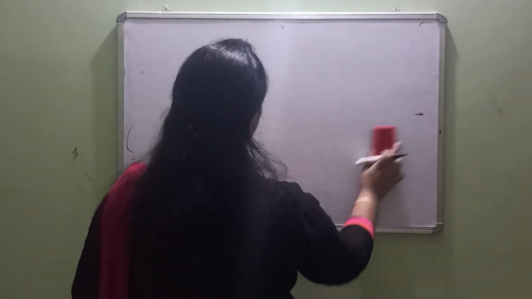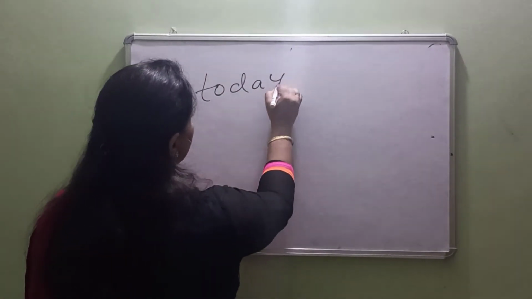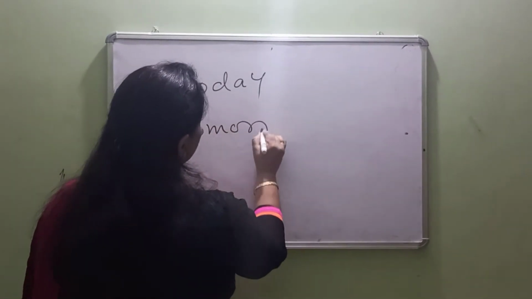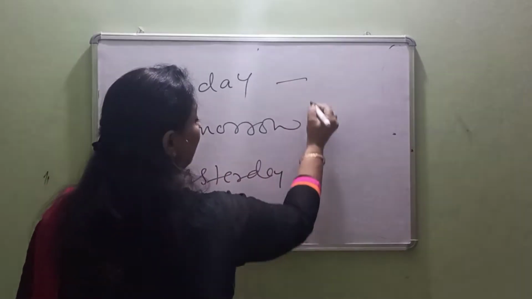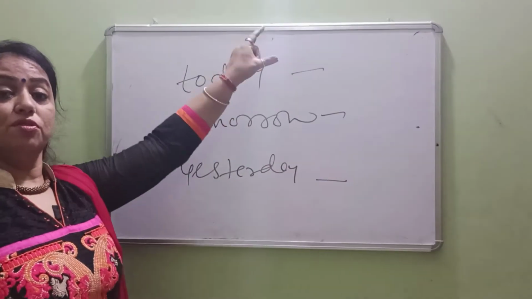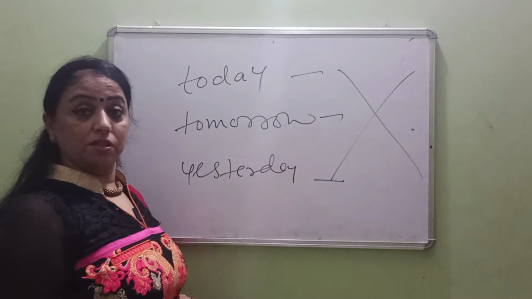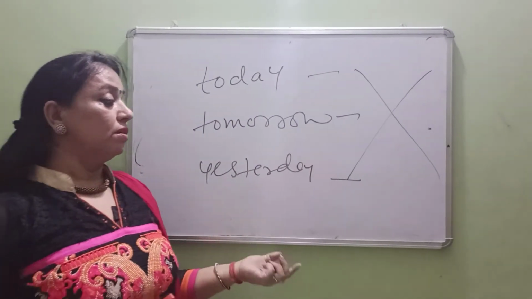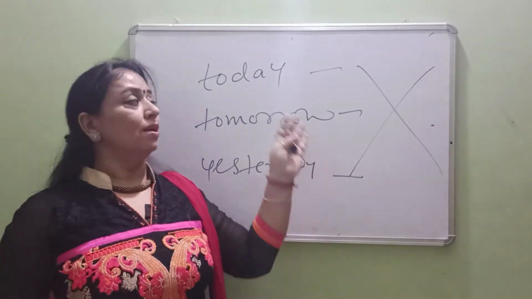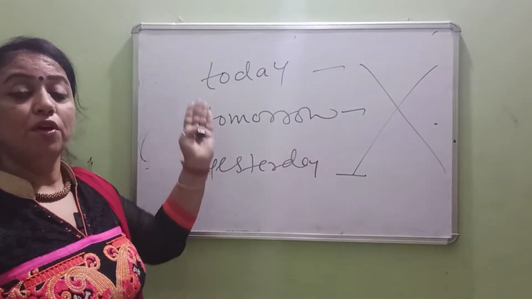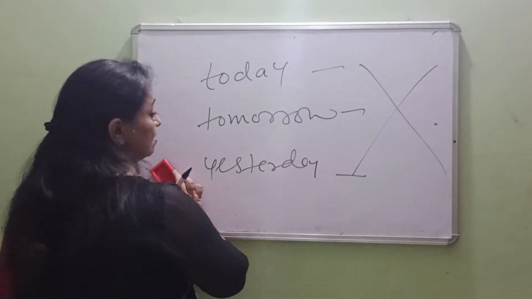Now there will be some confusion, because when we are talking about time, there are three things which we cannot miss. Which are those? Today, tomorrow, and yesterday. But the basic thing is that when you are given these three, there is no requirement of any preposition. Just like I am going to see the movie today. So no preposition is required in case of today, tomorrow and yesterday. Make sure to remember these things.